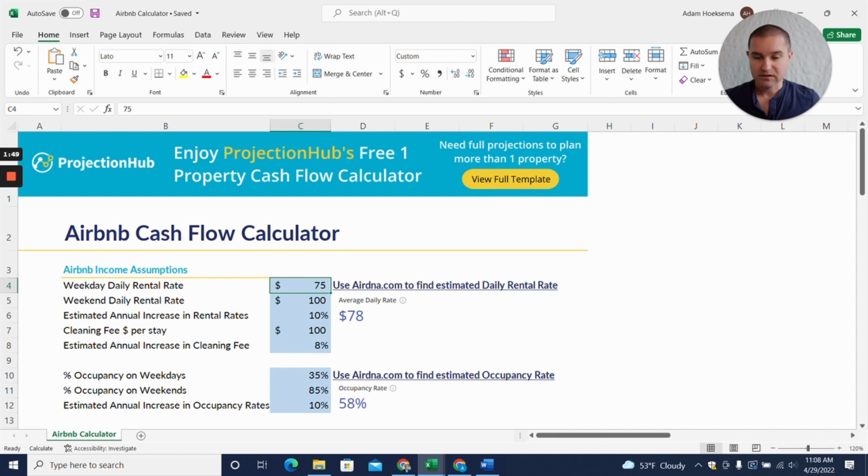Let's just say we think we're going to generate $78 a day. That's what AirDNA says. Maybe that's a weekday rate, and then a weekend rate maybe